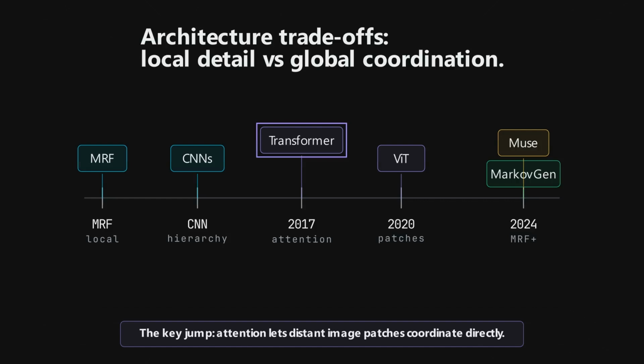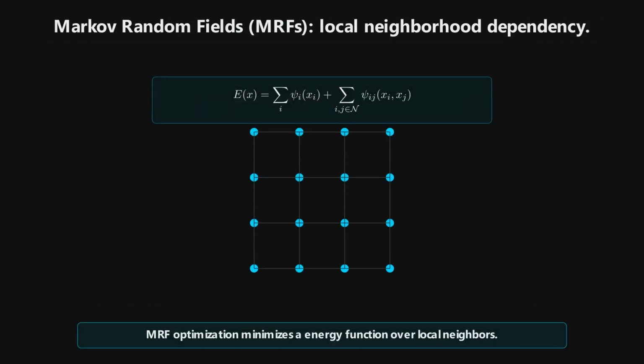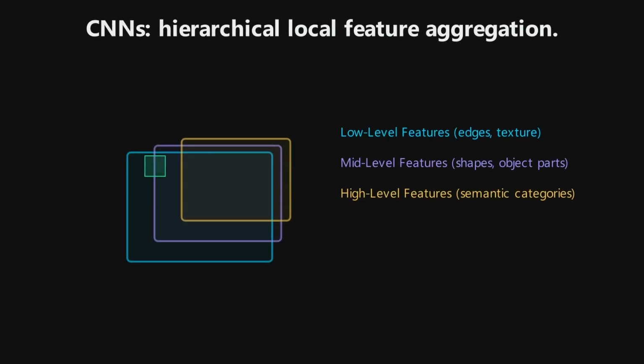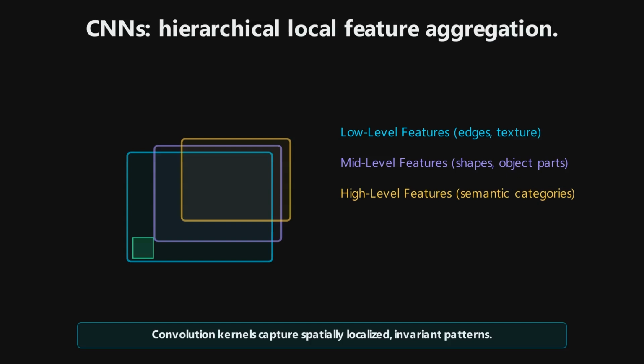Because an image is not just a bag of patches. The eye depends on the face. The shadow depends on the light. A tiny corner of the image may depend on an object far away. Computer vision has been moving toward this problem for decades. At one stage, Markov random fields modeled images through local interactions. Each variable in a grid only talked to its neighbors. The model minimized an energy function, unary costs for individual labels, and pairwise costs for neighboring compatibility. It was local, structured, and elegant.